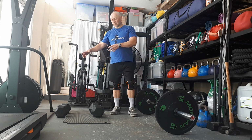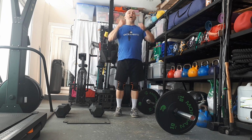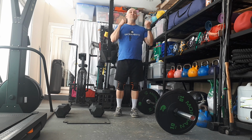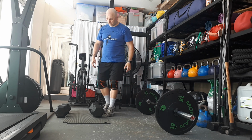But now I'm going to jump into the heavy dumbbells. They're going to come into a front rack, meaning that they're going to be here, one head of the dumbbell on my shoulder, the other at the front, and we're going to get our 6 walking lunges. So from here,